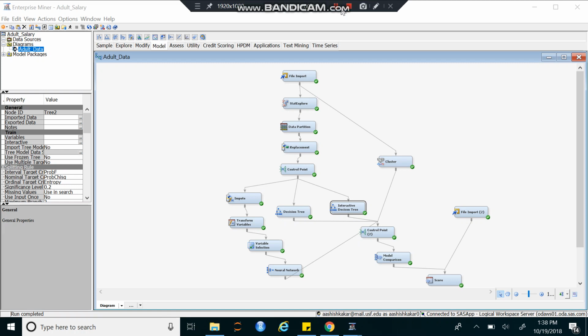Hello and welcome. Today we will be exploring SAS Enterprise Miner to showcase some modeling techniques on decision trees, neural networks, and clustering, and we'll be exploring a few concepts on that. So first of all, we need to create a project and create a diagram that I've already created here